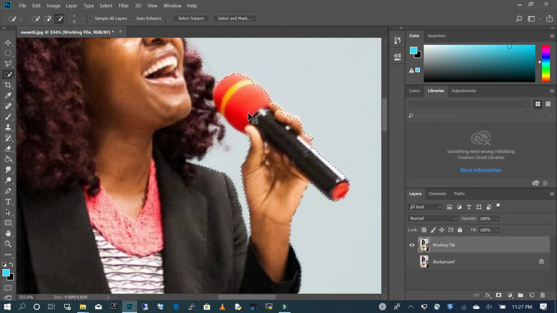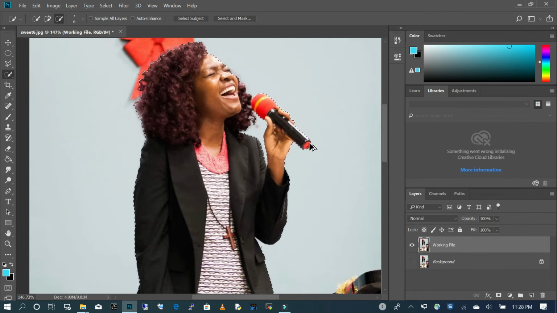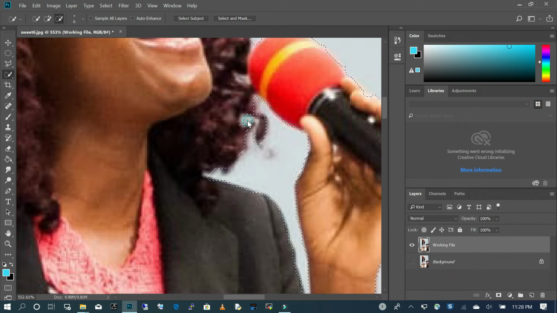You can see that as you zoom in, there are a few areas that we still need to touch up. Like here, we want to bring this out a little. So now that we have this area cleaned up,